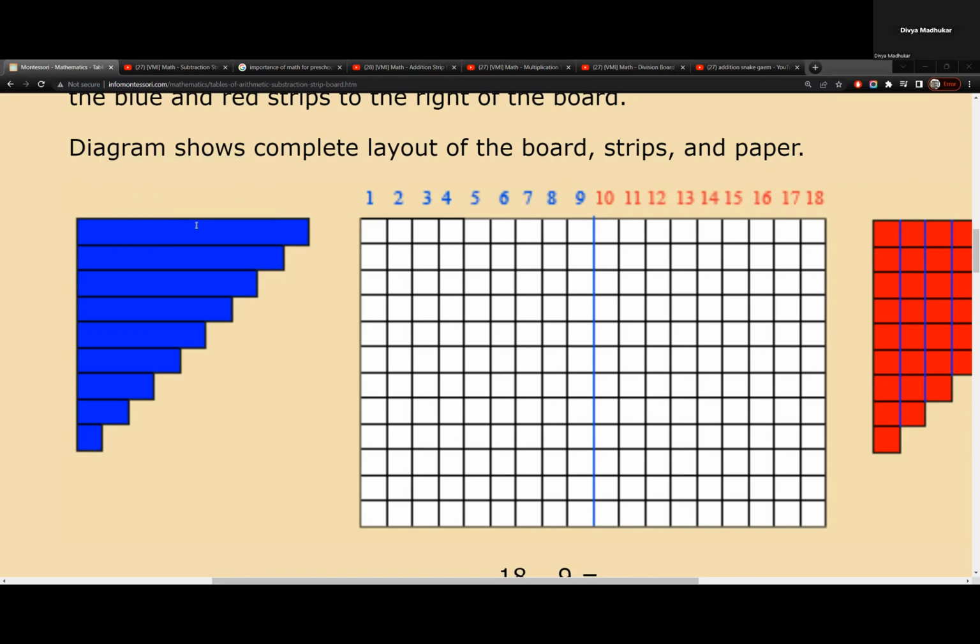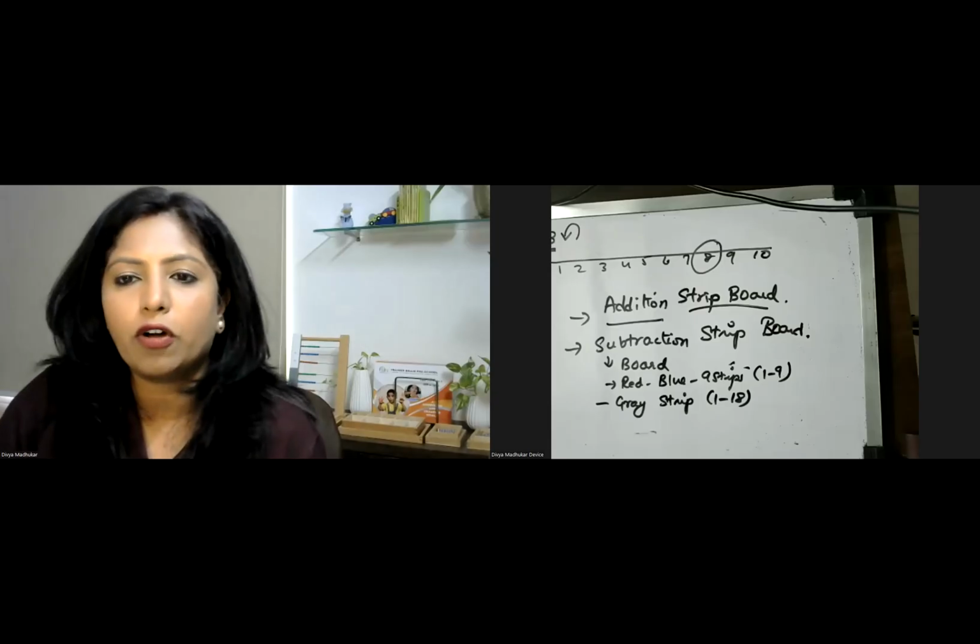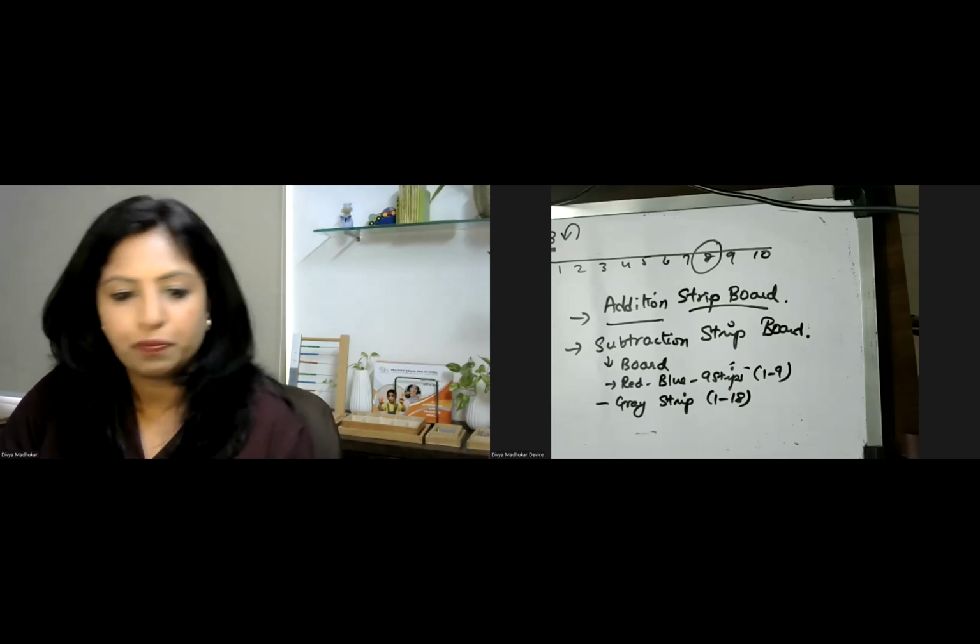If it is 5 plus 3, you take this 5, 1, 2, 3, 4, 5, and color 5 blocks. Then the 3 blocks in blue color. You should be able to use your crayons or sketch pens to do that marking and color it. That's how you have to work on your regular exercises also.